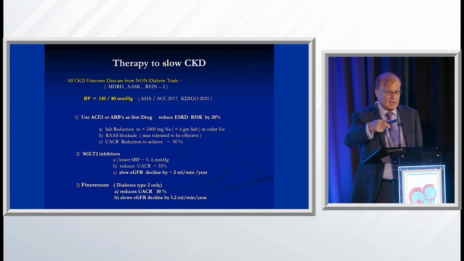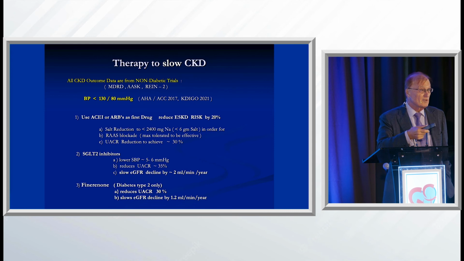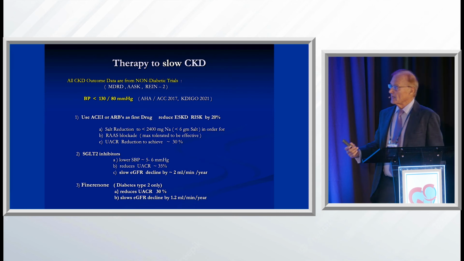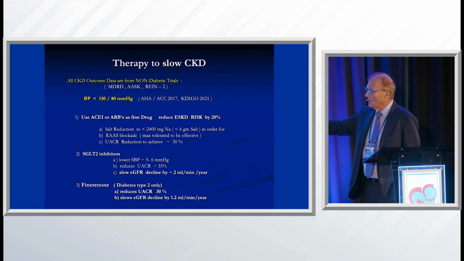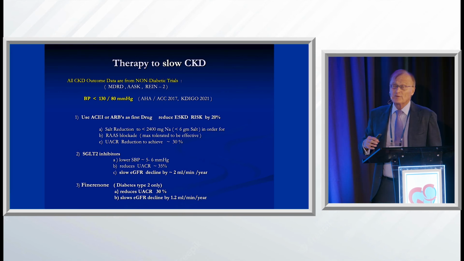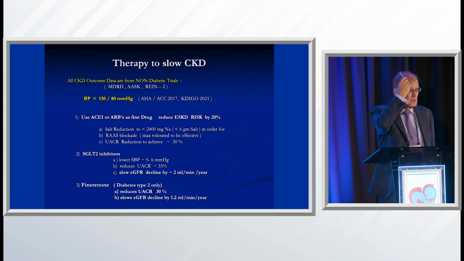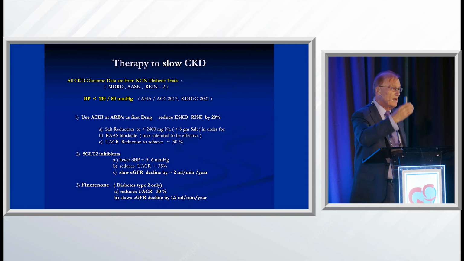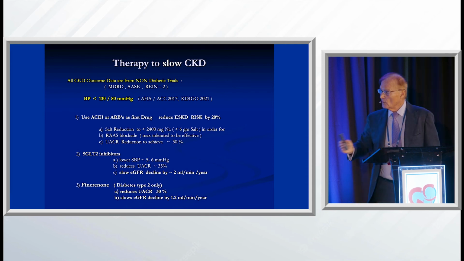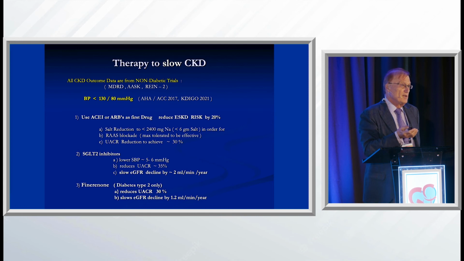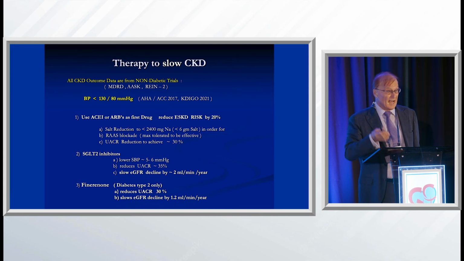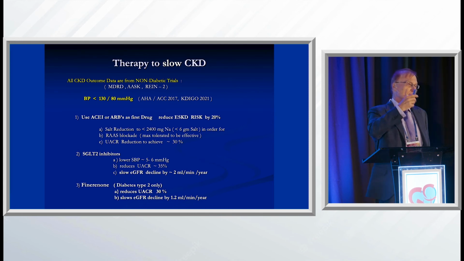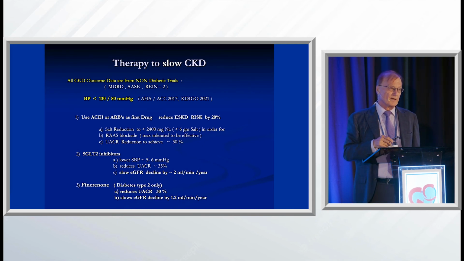By whatever criteria, you start the SGLT2 inhibitor on top of the ACE inhibitor or ARB, and you have a chance of 2 ml per year reduction. So if you still have residual loss, let's just say you're still losing 2 ml after an ACE inhibitor and an SGLT2 inhibitor, or you have significant residual albuminuria, and you want to go down even lower, now we use finerenone, the mineralocorticoid receptor antagonist. At this point, it is only approved in diabetics. The studies on non-diabetics are ongoing, so they're probably about 2 years away.